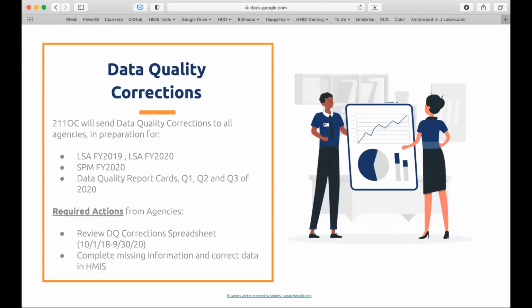You guys are already familiar with the correction spreadsheet. The difference in this case is that this will include some performance corrections, and of course it will be bigger, it will be a longer spreadsheet because it has 2 years of data. But the format is exactly the same as the one that you're already familiar with. And I know you guys have been working on data quality with your own processes that you have established and all the tools that we have made available for you. And we spoke about this in our last training webinar. So for this reason, I think it's going to be a smooth process.